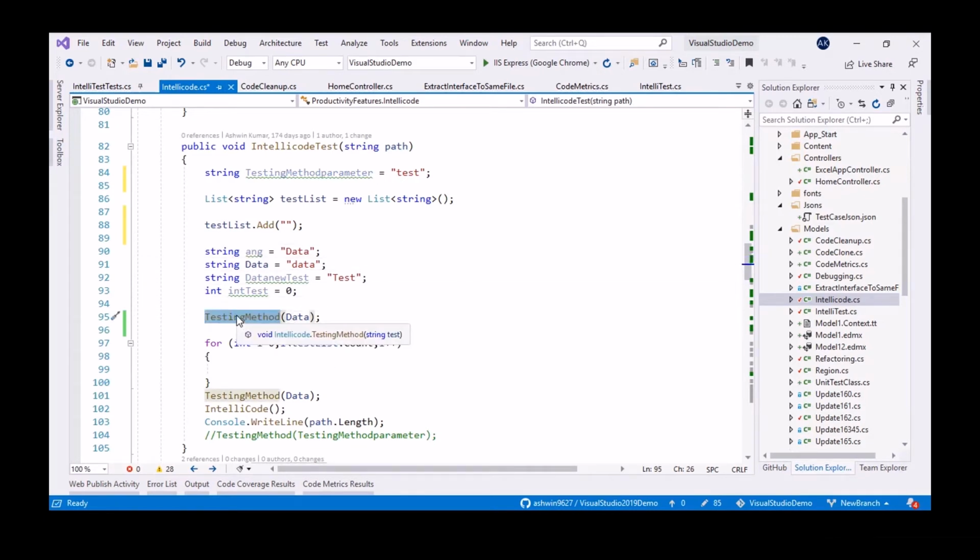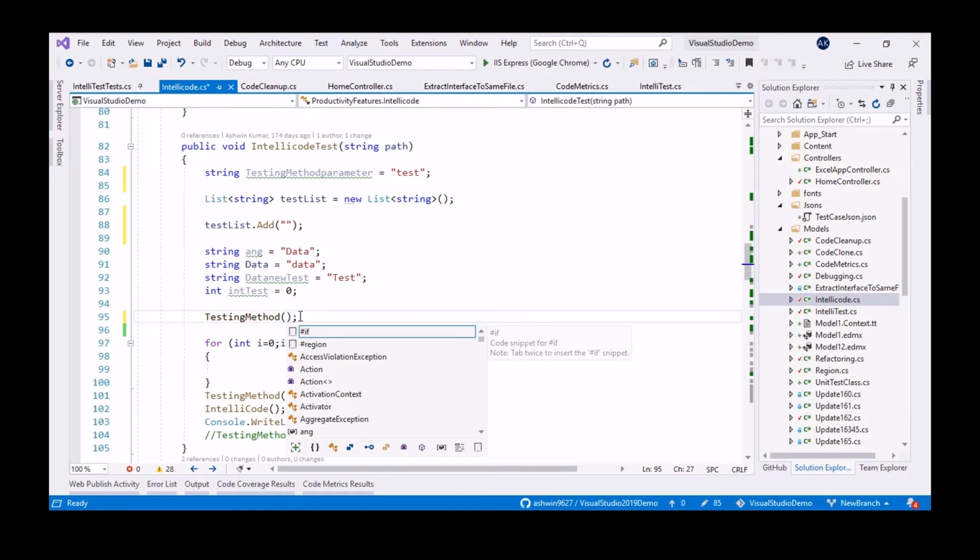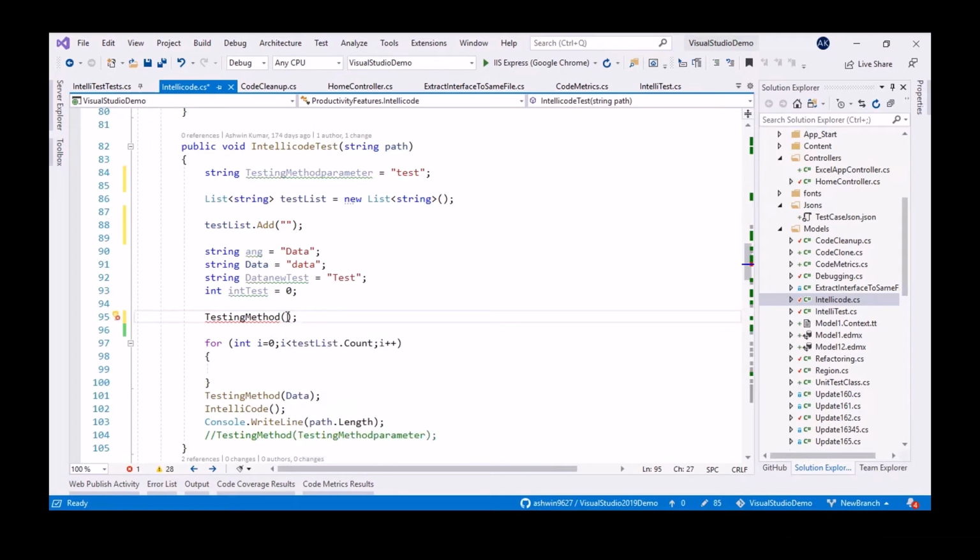For example, if you want to set a parameter, it will automatically give you the right result as well. To enable IntelliCode here, instead of dot, you can give Control Space. Immediately it will give you a suggestion. Right now it takes a bit of time to load.